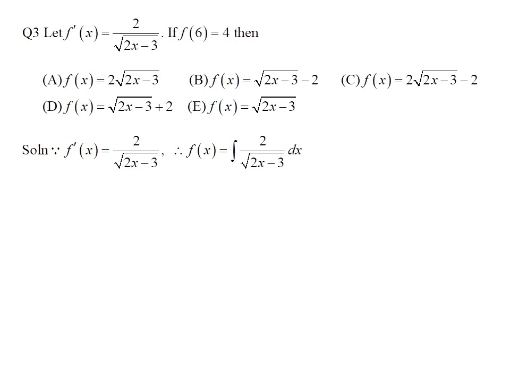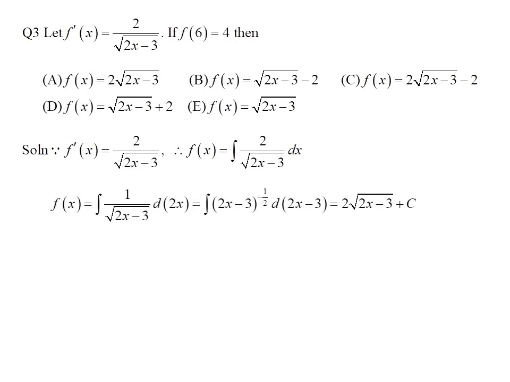So f of x equals the integral of 2 over square root of 2x minus 3 with respect to x, which can be written as the integral of 1 over square root of 2x minus 3 with respect to 2x, which equals 2 square root of 2x minus 3 plus c, where c is a constant